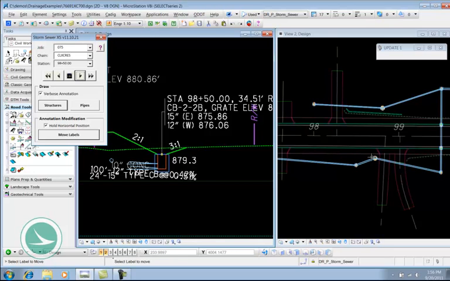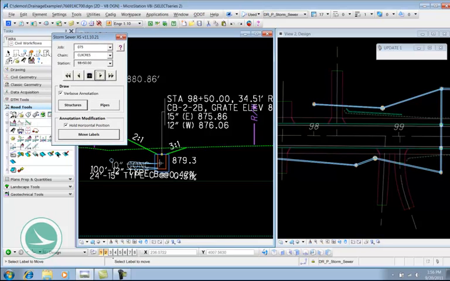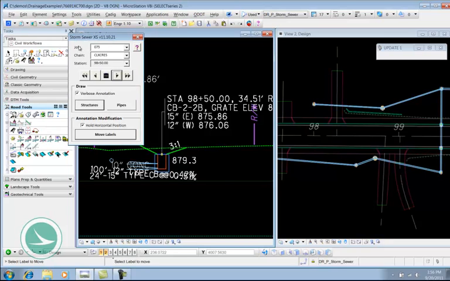But the offsets are far enough apart that it's showing it as line elements. So you may elect to clean that up. I probably would and just show it as a circle in here. So what I'm going to do is delete this information, and then I could manually draw a circle in there